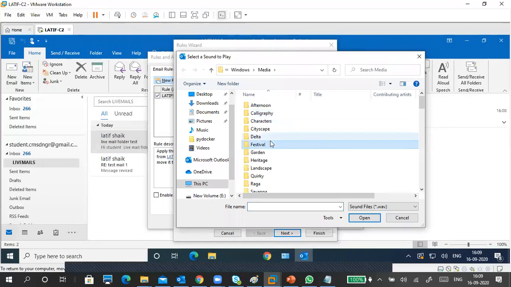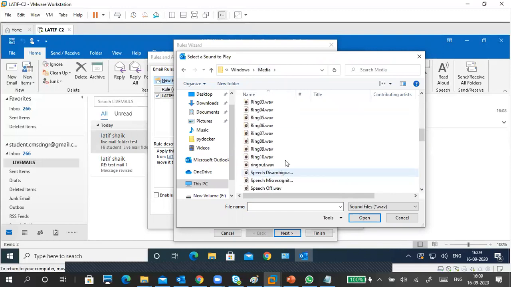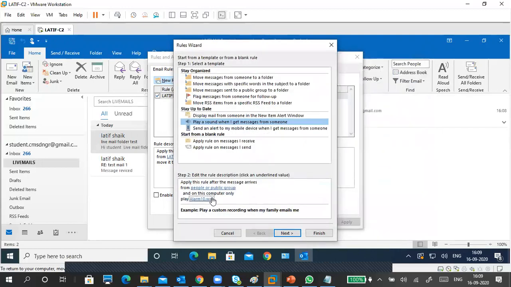Yeah, here it is: chimes, alarm, and so on. Okay, this is the sound. Based on the people, like on your mobile phone, you can put different ringtones based on who is calling you. We can do it like that.